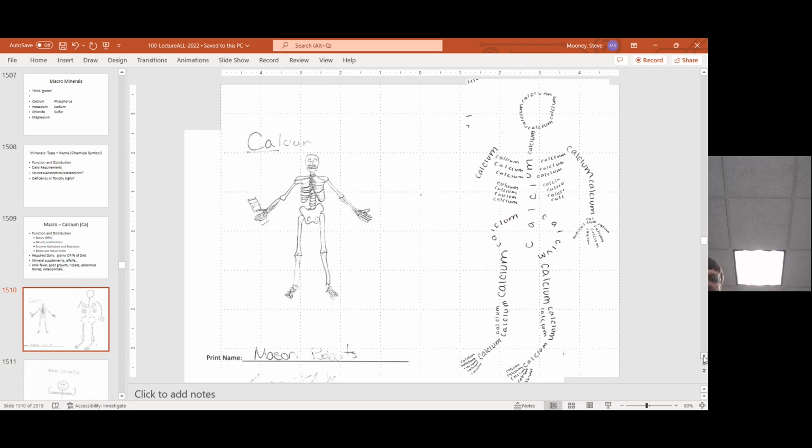So one of the things that we do, and I'll give you this handout sometime next week, is try to use pictures to help you remember what calcium is involved with. In past years, we've asked people to contribute to these. Students can earn extra credit on the final if they contribute a drawing about a mineral or a vitamin that helps. So we've got